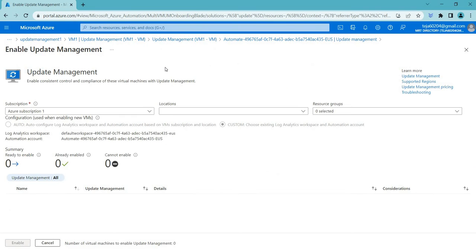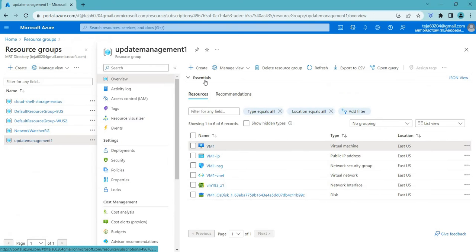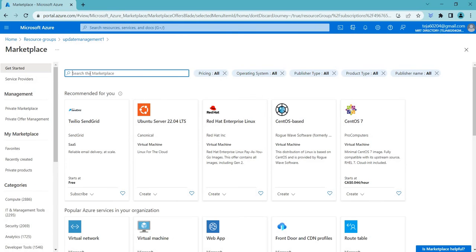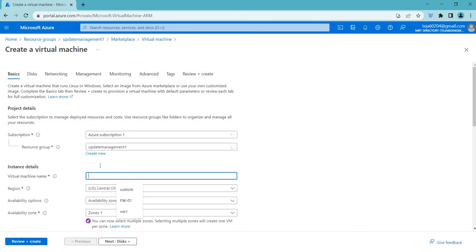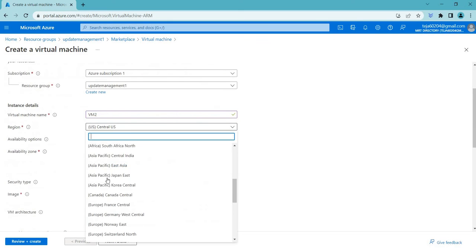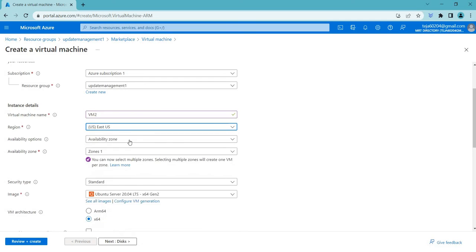manage it. If I click add virtual machines, you see right now there is one virtual machine which is already enabled. When I went inside this virtual machine, there was an option called enable. Whenever I click enable, a Log Analytics workspace will be created. Just to show you that, let me create another virtual machine. Let me create that virtual machine, create, and let's say it's VM2, and it should be East US, and